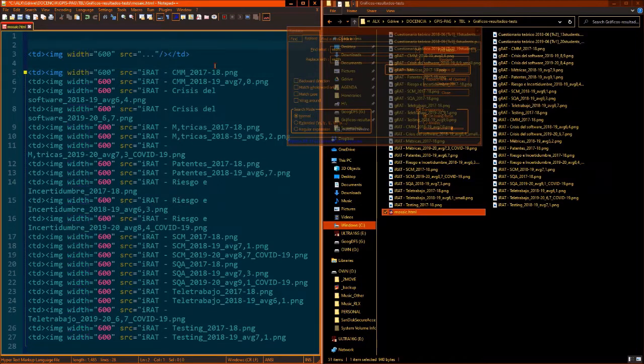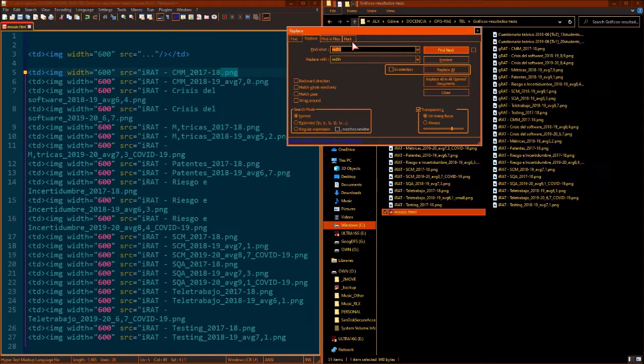Fine. And now I need to put the final part for this tag. So I see that all the lines end with .png. So there is no problem in searching for .png and replacing this by .png and the rest of the encoding, the quotation marks and all of that.